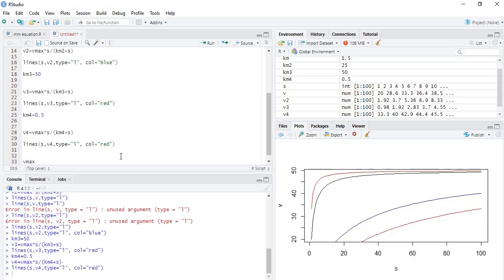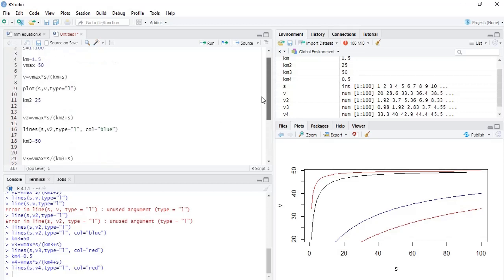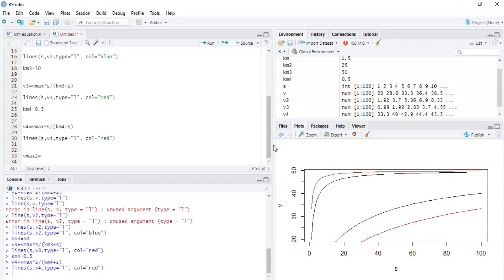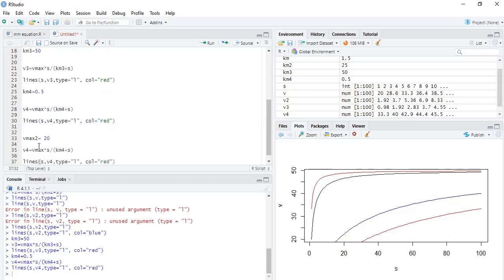Now we will go for Vmax. That Vmax 2 will use there, and earlier Vmax was 50. Now we will make that Vmax as 20. We'll reduce that, and we'll copy these two equations, and this time we'll use the green line. Control C and Control V. This we will call V5, and this Km4 we will keep the same, but Vmax will change